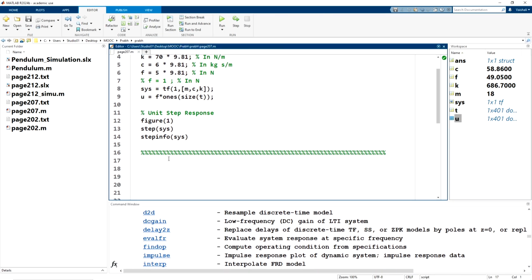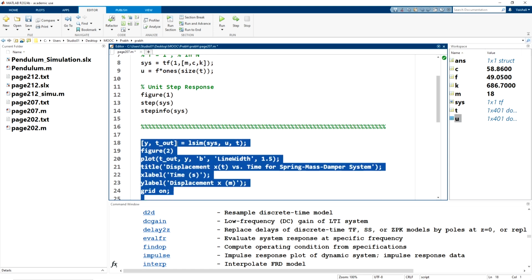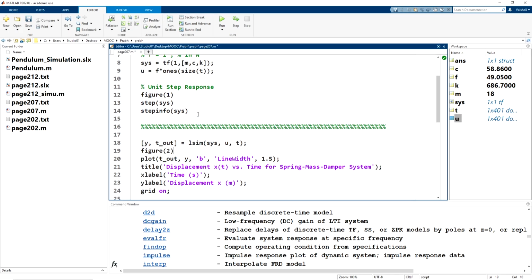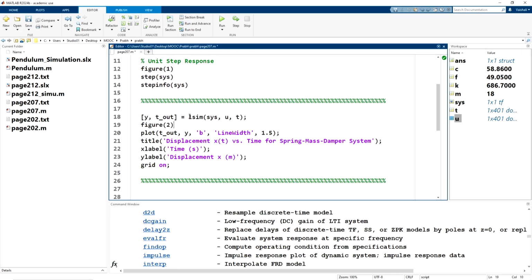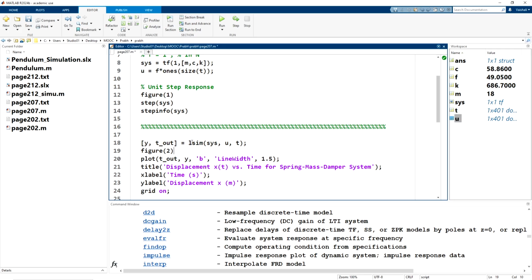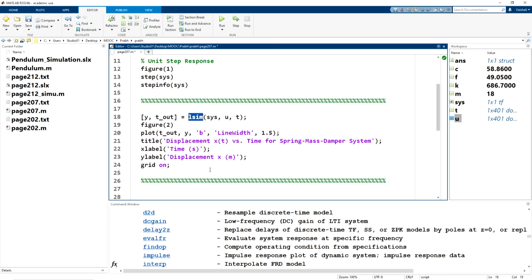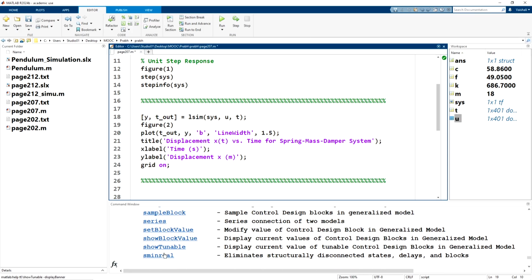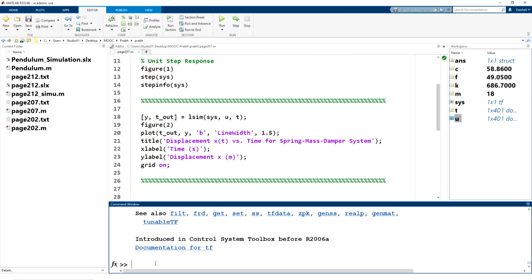Now let us proceed further. Now instead of the unit step response, I want to see the simulated response with a different control input, that is, it will not be a unit step response. So this can be simulated using the command lsim. If you have been practicing MATLAB simulation examples before, you must be aware of this command lsim. Else, let me give you a brief overview of it.